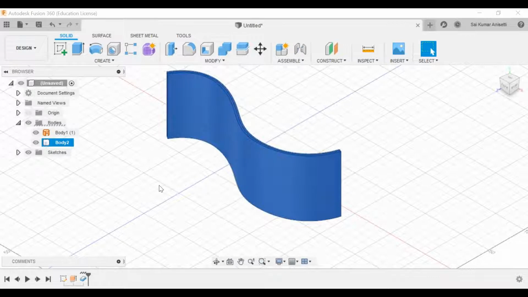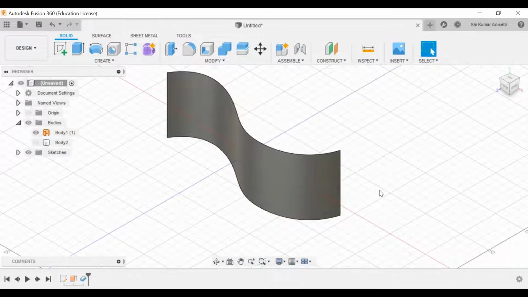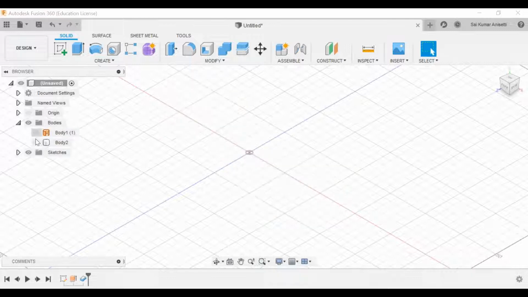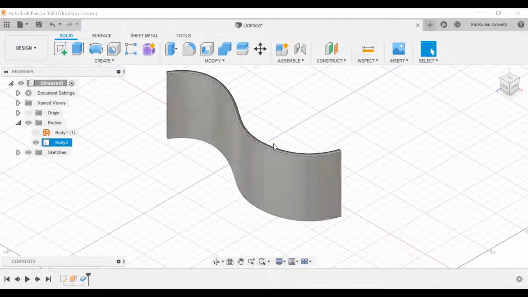Okay, this is a surface body. See, this is a surface which does not have any thickness. Hide the surface and show the body. Body has some thickness. This is of 4 mm thickness. That is how we make automobile parts, actually, like plastic parts. All the plastic modeling is related to surface modeling and also solid modeling combined.